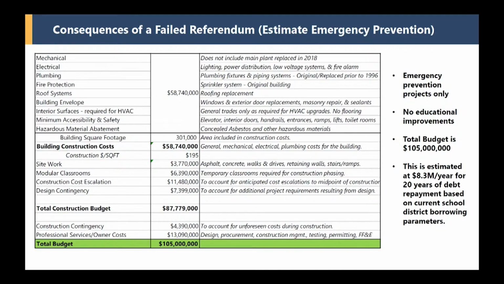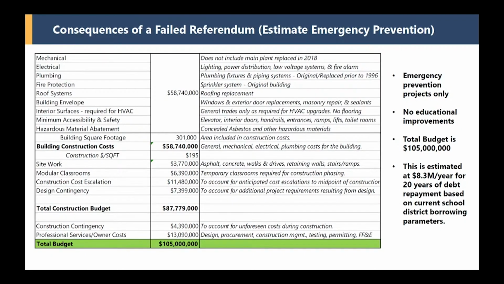Now, when you do this project, it is still of scale. You don't have swing space in the building, so you would still need a modular series of classrooms to generate the swing space to be able to do the project. In addition, you couldn't start this project today. It still needs to be designed. So you have escalation, so you have construction cost escalation. You would again have design contingency because in a renovation project, you're much more likely to find things that you did not anticipate, especially in a building of this age. And then you would have construction contingency and then your professional services.